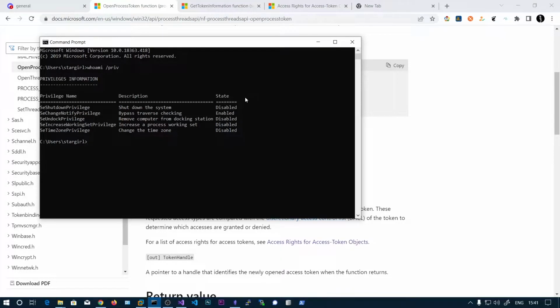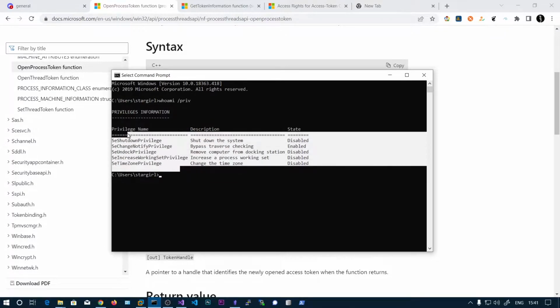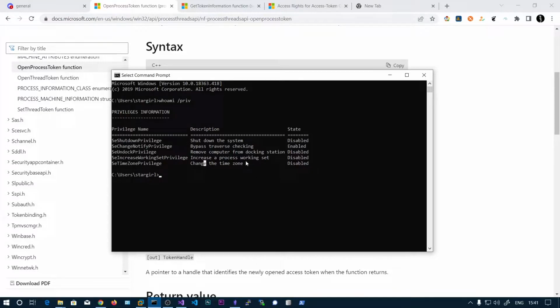So in this video we'll be finding the privileges our token has. The token consists of this privileges information, and you can retrieve it using the GetTokenInformation function. Here you can see all of these privileges. You can directly reach the privileges using this whoami /priv command, but in the next video we'll be adjusting these